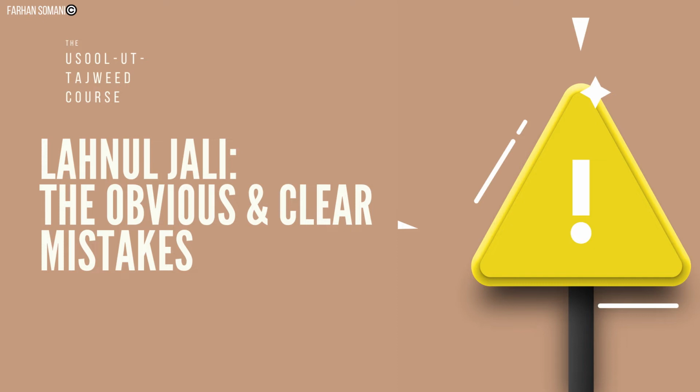Like for example, if we read Surah Al-Fatiha, there's the verse wherein Allah subhanahu wa ta'ala says, صِرَاطَ الَّذِينَ أَنْعَمْتَ عَلَيْهِمْ. If someone, instead of saying an'amta, says an'amti or an'amtu, then this is a lahnun jali. It is a very obvious and clear mistake, because the person is changing the haraka. The original haraka over there is a fatha upon the ta. In an'amta we have a fatha. So if someone places a kasra over there or a dhamma, then this is a lahnun jali, and in this case it also changes the meaning.